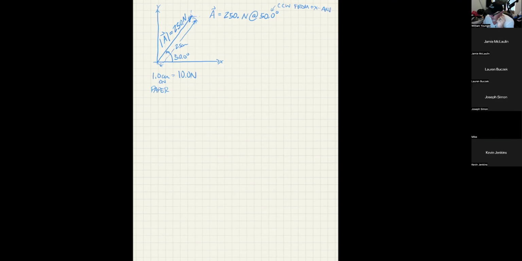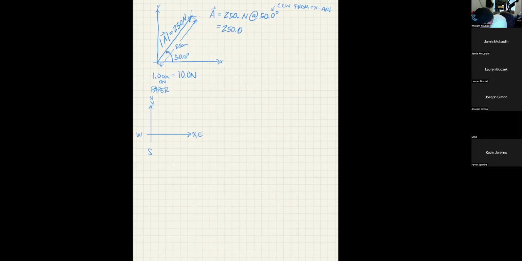But it turns out that another way of writing this is to realize that your axes can also be labeled differently. This is Y, but it's also north. And this is X, but it's also east. And this would be south, and this would be west. In which case, this vector could also be specified as